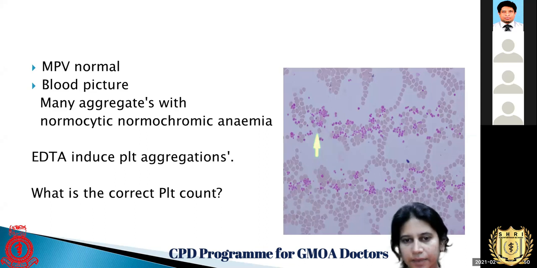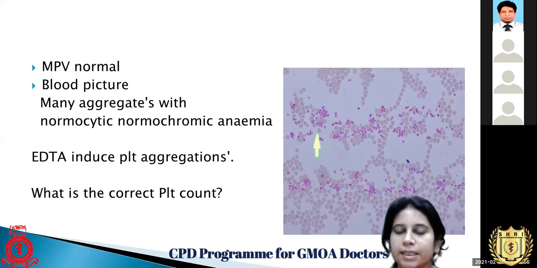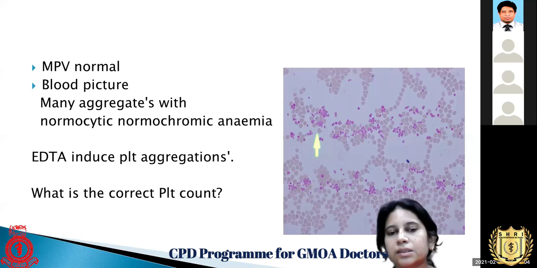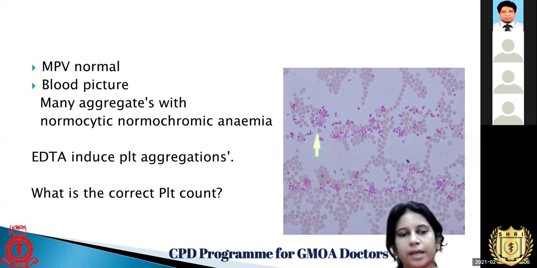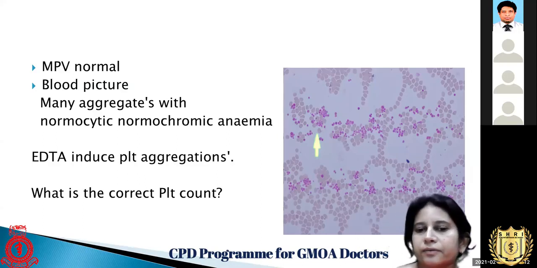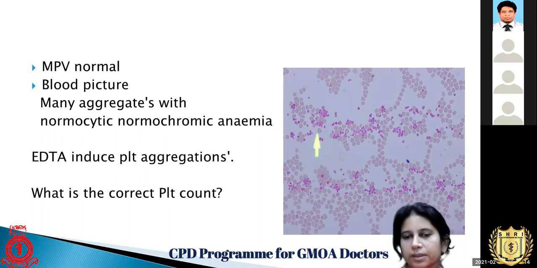We see this type of case once a month. So what is the correct platelet count? Why are these platelets aggregated in some patients? The reason is some patients have antibodies to EDTA solution that cause clumping of the platelets. So these clumped platelets, the machine identifies as 1 or 2 particles, so it gives a very low value.